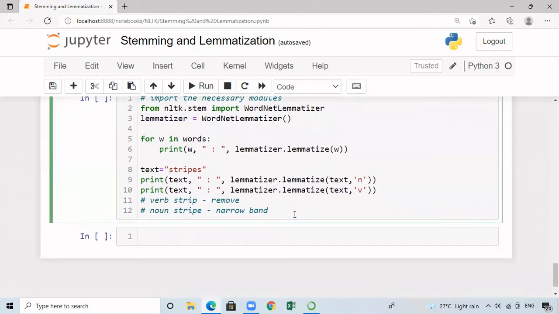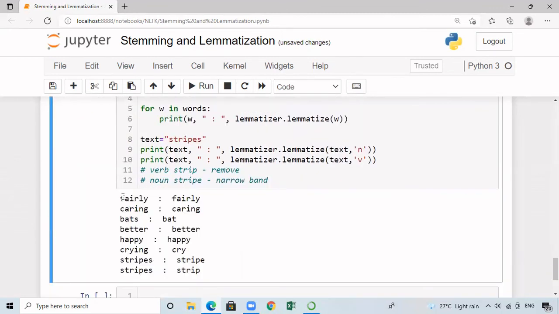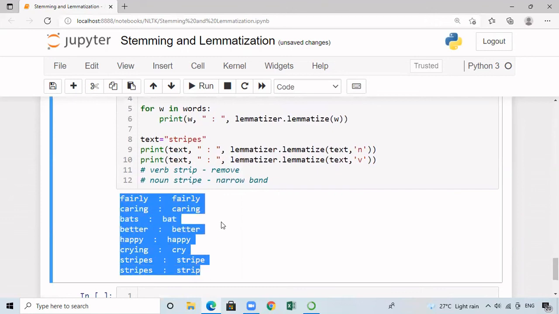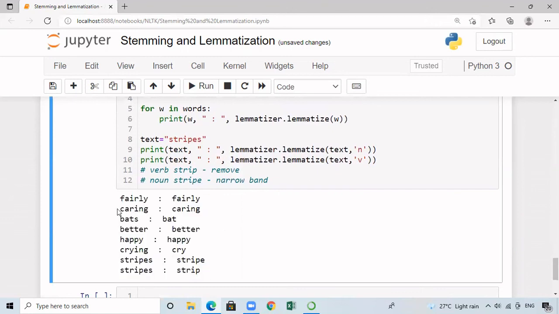Let's run this algorithm. This is the output of the lemmatization. Caring is kept as such, bats is converted into bat, and better is kept as such. And for happy, happy is kept. Lemmatization is going to create the root lemma only if it is a meaningful word. Otherwise, it is not going to do that.